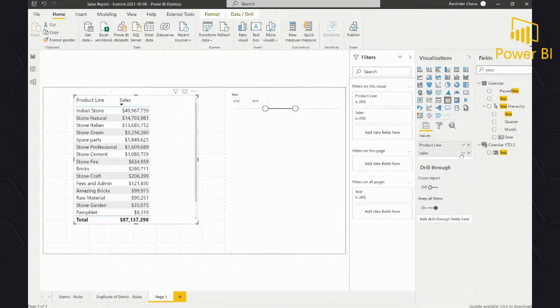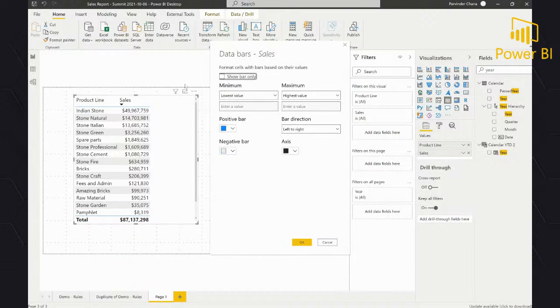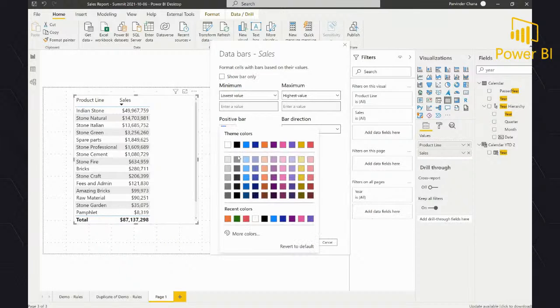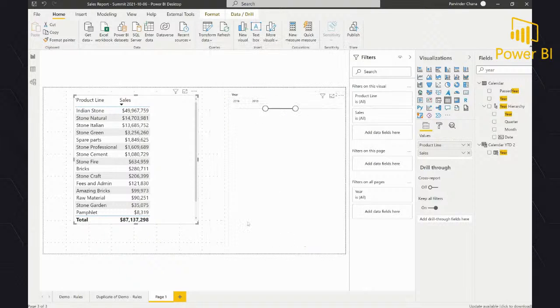Data bars are really important because sometimes you want to show things side by side, and the table visual is a good representation. You can show your data bars here. Let's say pick this small light one, and you can turn on show bars only, so you don't want to see the values. So you can do this.